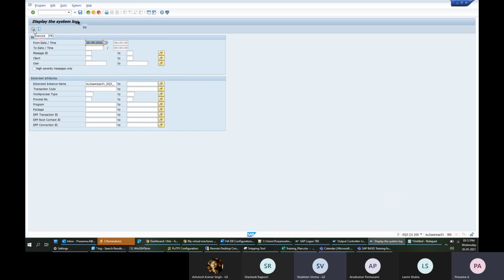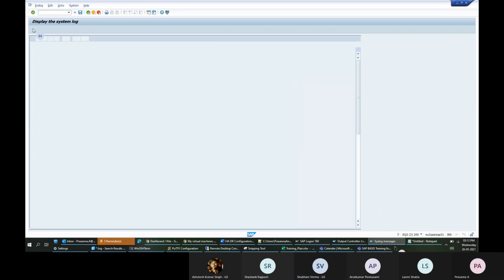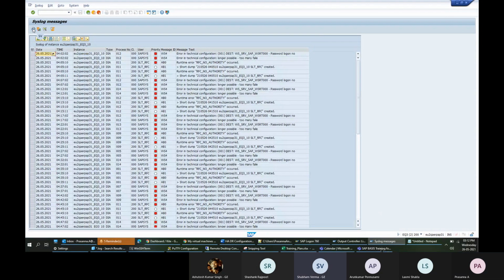This execute button, okay. So here it is showing all the logs, which are currently running and which have some errors.